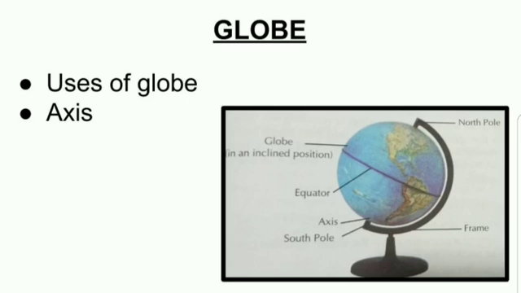So what is the axis? It is an imaginary line which helps a globe to rotate. It is tilted. It is not straight, children. Perpendicular means what? Straight. It is a little tilted. Tilted means a little in a sleeping position, half sleeping. So the axis of all planets is tilted at a certain angle. Not only the earth, all the planets rotate or revolve by keeping themselves in a tilted position, meaning slightly bent, tilted, not straight.